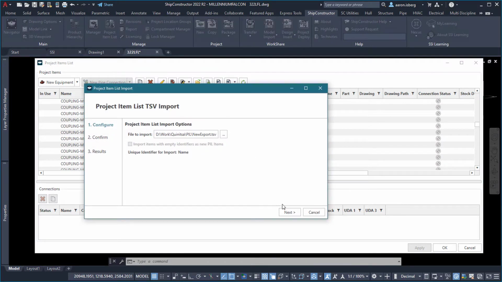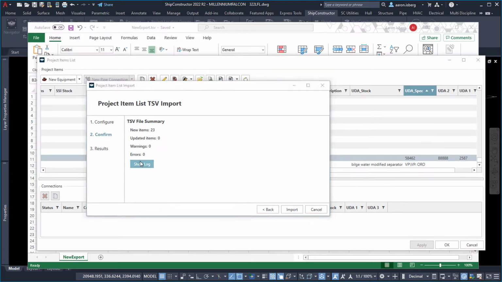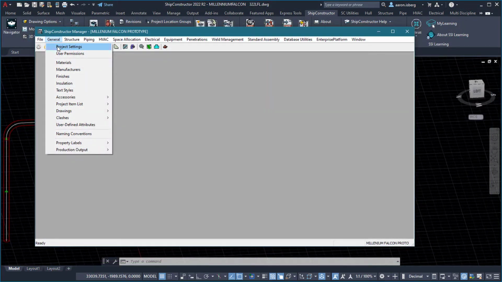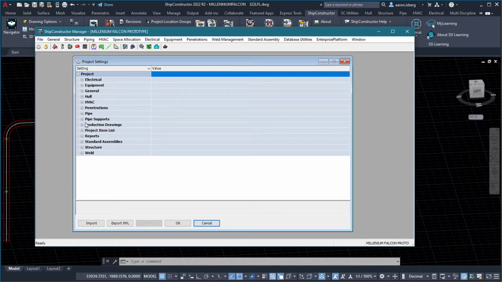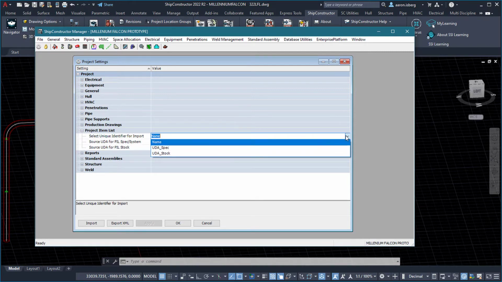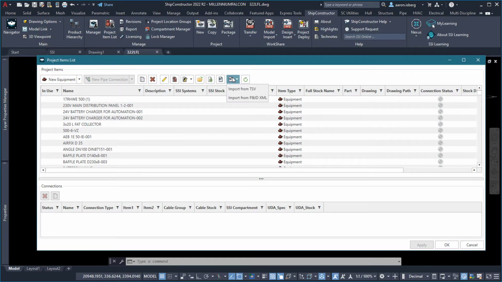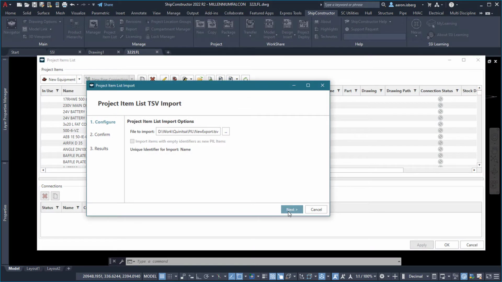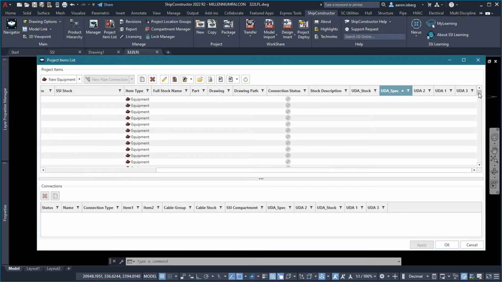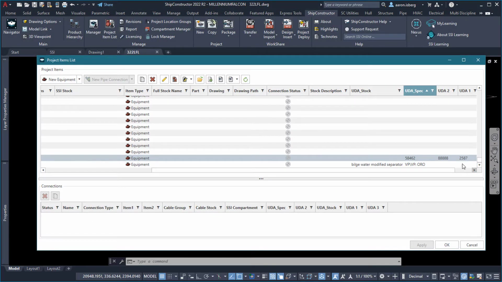Feature enhancements to the project item list or PIL include updates that make importing and exporting data much more efficient, options to now define unique identifiers from source datasets, as well as the ability to define UDA comparator values for easier part associations. The ability to easily import and export these datasets, combined with the sorting functionality now specified from within the project, means that the tedious, time-consuming process of comparing part information between source and project data is now